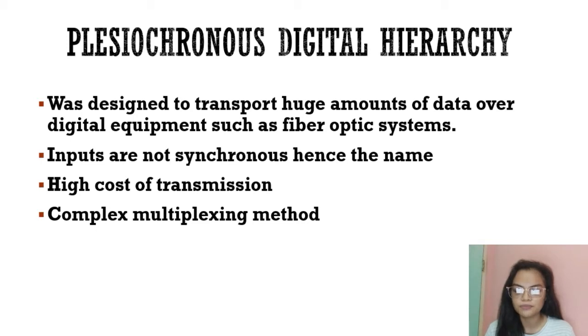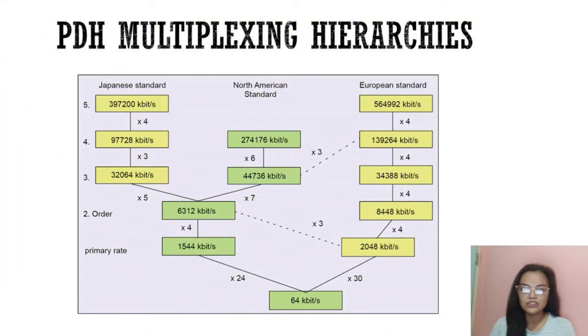necessary synchronization. It also has a high cost of transmission and a complex multiplexing method, which involves bit stuffing, wherein it is the process of inserting non-information bits into data to break up bit patterns to affect the synchronous transmission of information. Since there is a growing demand for more bandwidth, it meant that more stages of multiplexing were needed throughout the world. In order to meet the demand, the digital multiplex hierarchy evolved in various parts of the world but